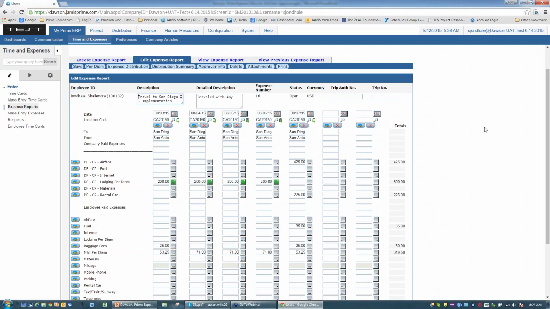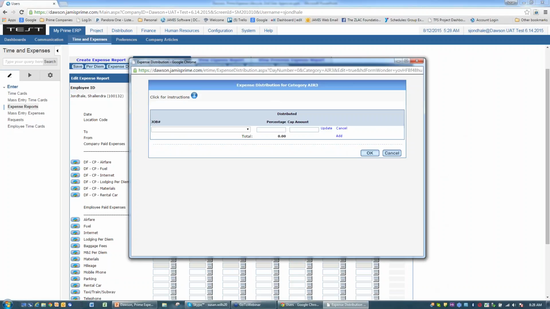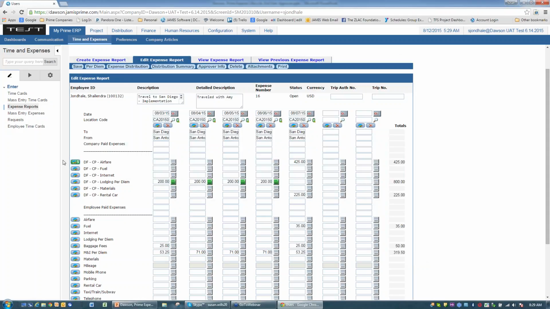And so what they're talking about is the 4 levels. And the first level is I can say, okay, let's see here. We have airfare. We have airfare of $425. I can say this entire category. If I click on this little box here, I can say airfare was actually being picked up by job 36. And 100% of that line is going to them. And I'm going to say okay. And you notice now this box is green,